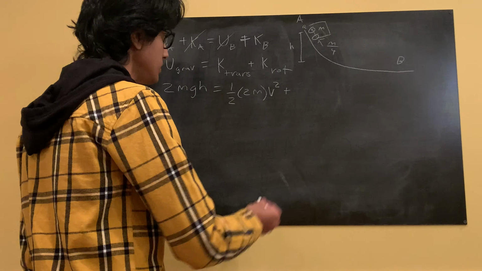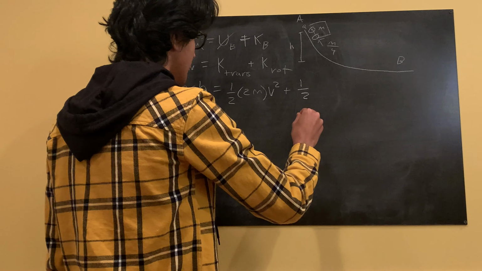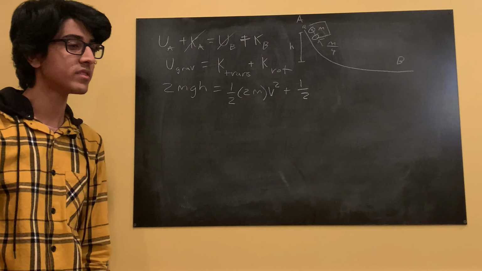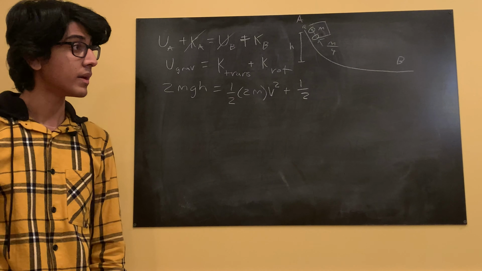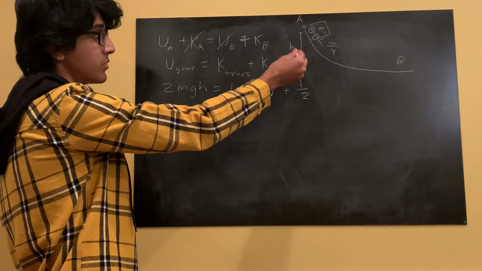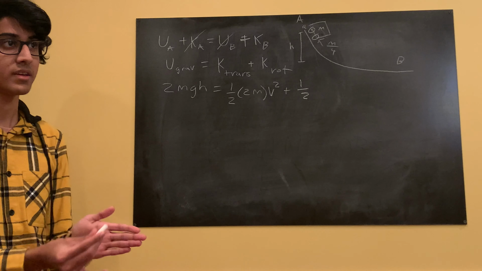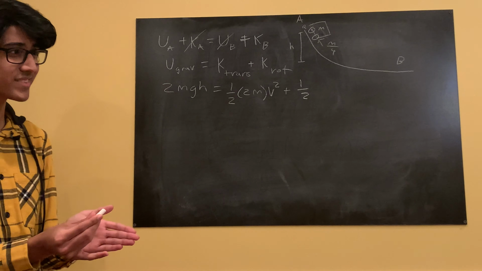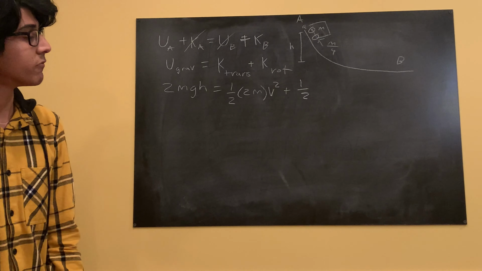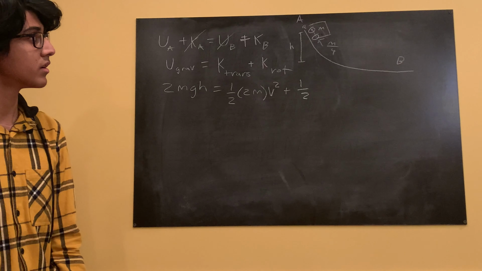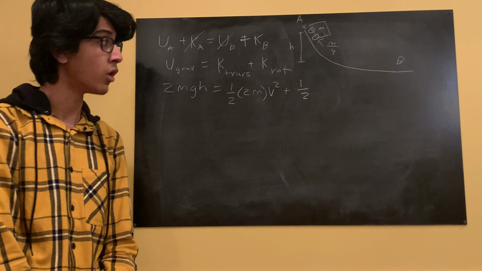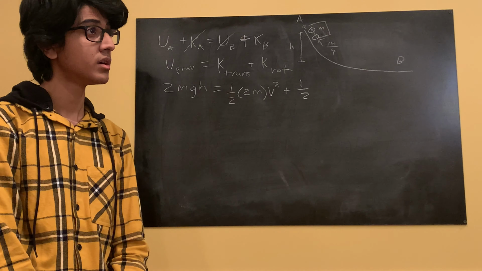So we go 1/2 our I. So what would our I be? This is just something we could derive, but that would take too much time. But the moment of inertia of a disk, let's assume that these wheels are just disks, not cylinders of any sort. So if they're a disk, the moment of inertia is 1/2 mr squared. So 1/2 mr squared. What would the mass be? The mass,